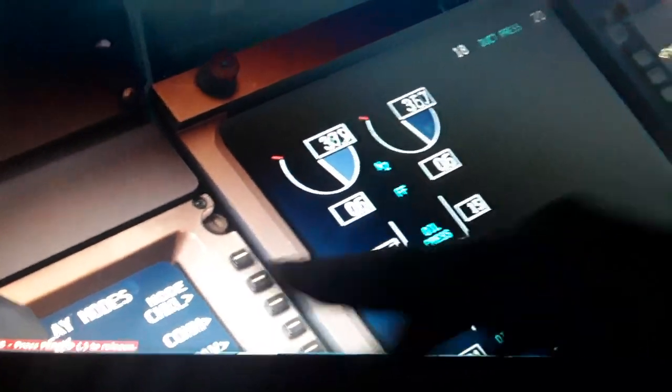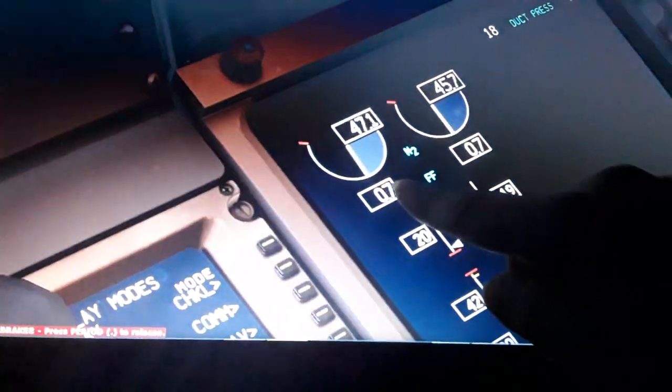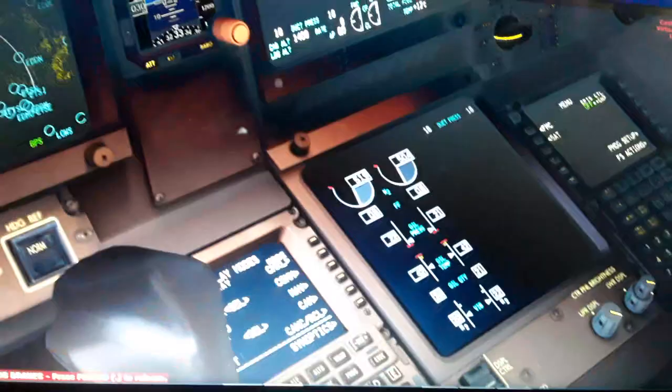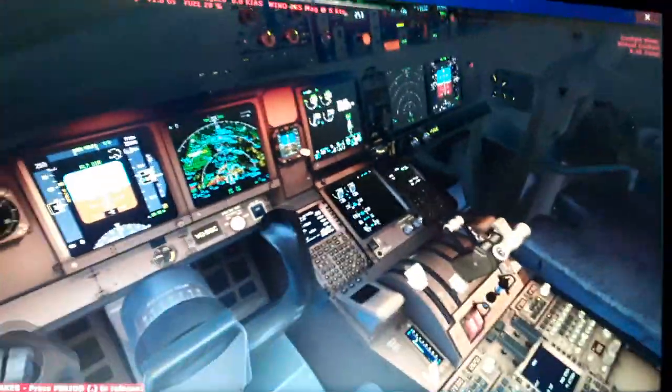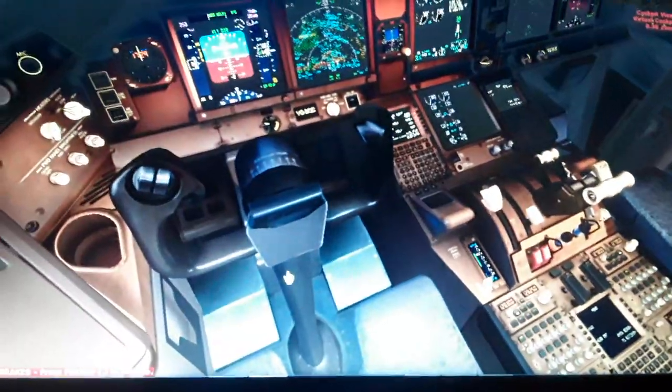The fuel flow increases, and we have both the right and the left wings. You can see the engine, the fuel flow, the N2, and we are almost ready for takeoff. We need only